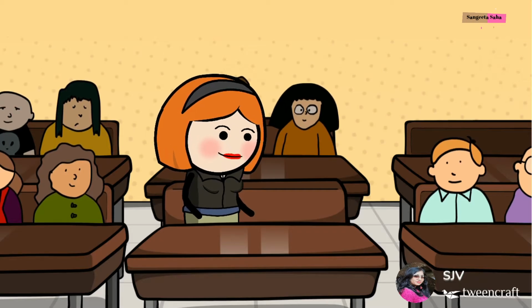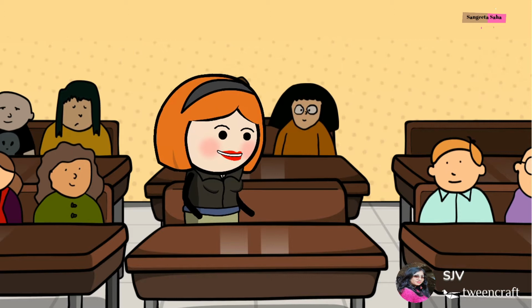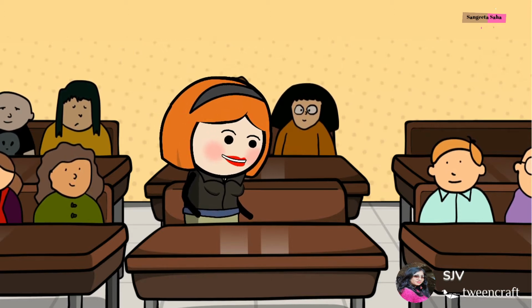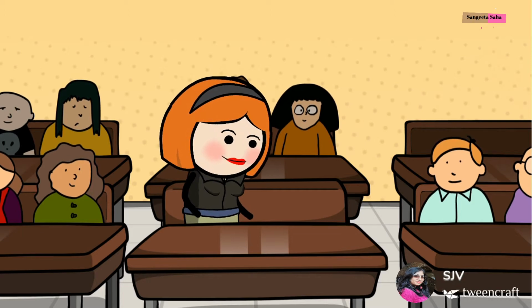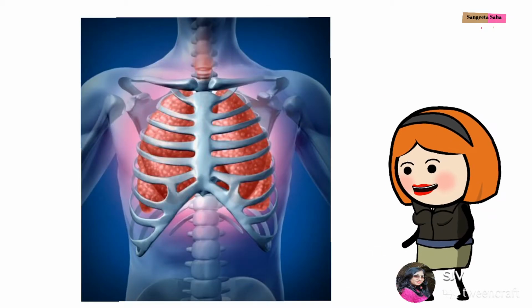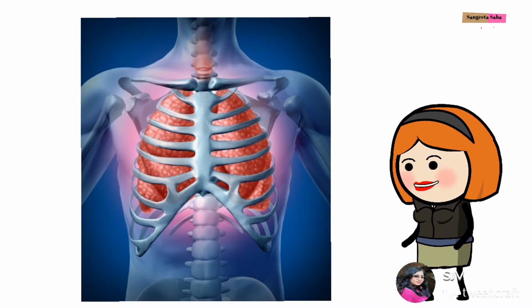Dear students, in this lesson, we are going to have a brief idea about the lungs, their position, as well as how they function in our body. Let's start. The main respiratory organ of humans is a pair of lungs. These lungs are protected by a basket-like skeletal structure that forms the chest area of the human body, known as